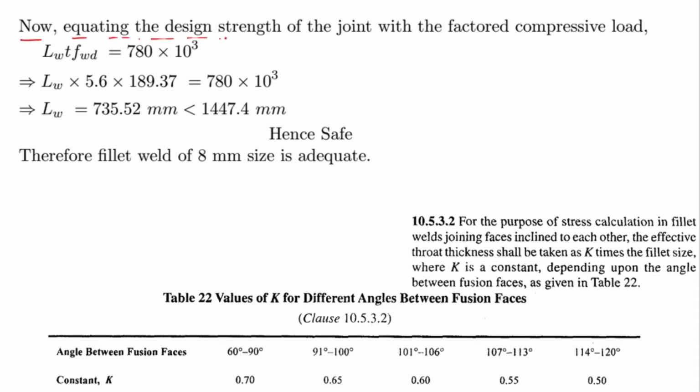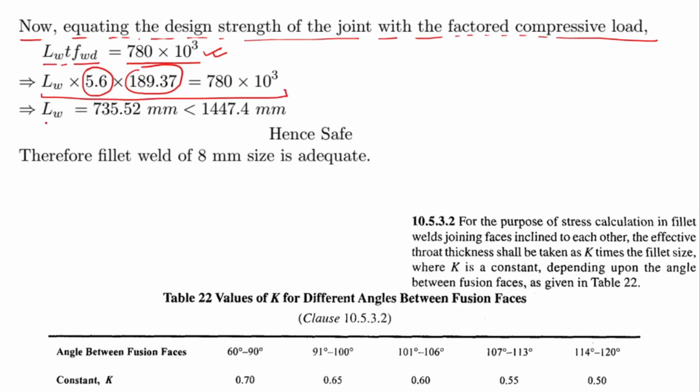Now equating the strength of the joint with the factored compressive load, Lw t fwd is equal to 780 into 10 cube, which is the factored compressive load. Then if I put the values of effective throat thickness, which is 5.6, and design strength of the weld, that is 189.37, by simplifying this equation I shall get the required length of weld as